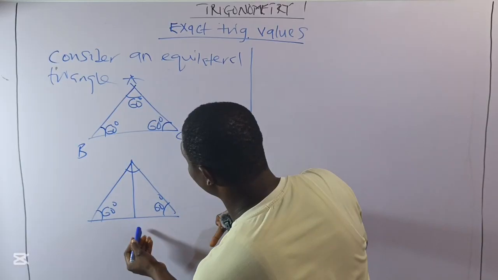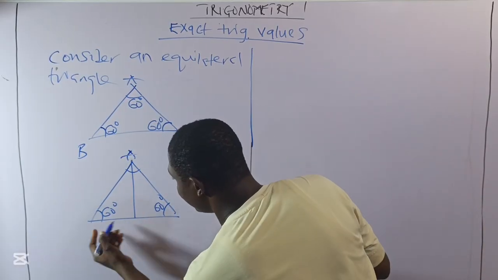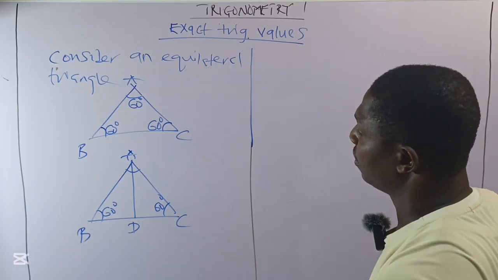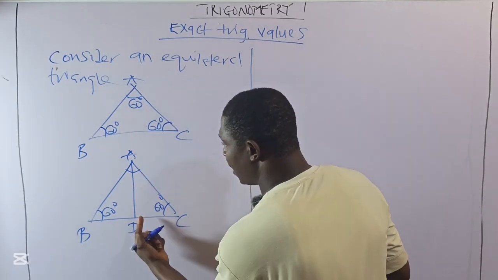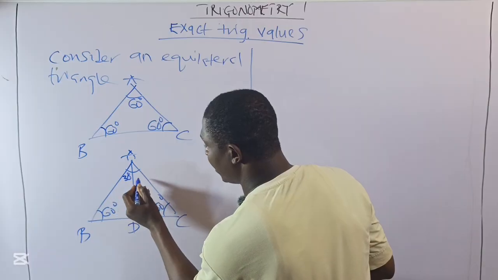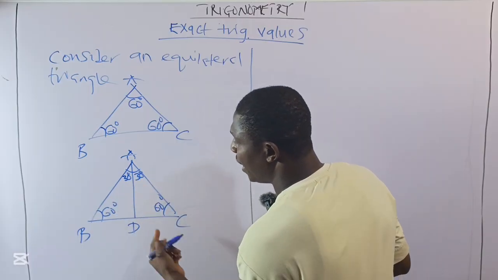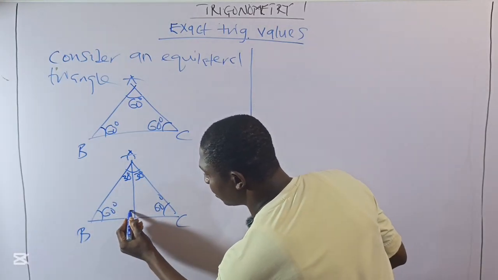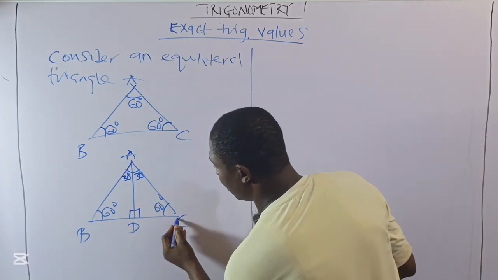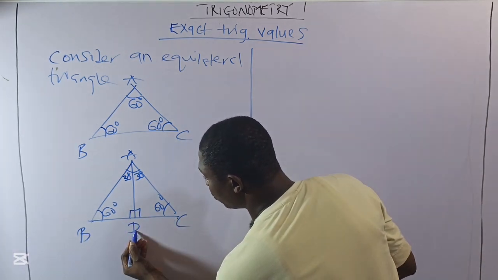This is like a median A, and let's say it meets BC at D. This AD now is a median that divides this angle into 2 equal angles. So we have 30 degrees here, 30 degrees here, and it will equally divide this side, this angle into 2 right angles, and this side BC